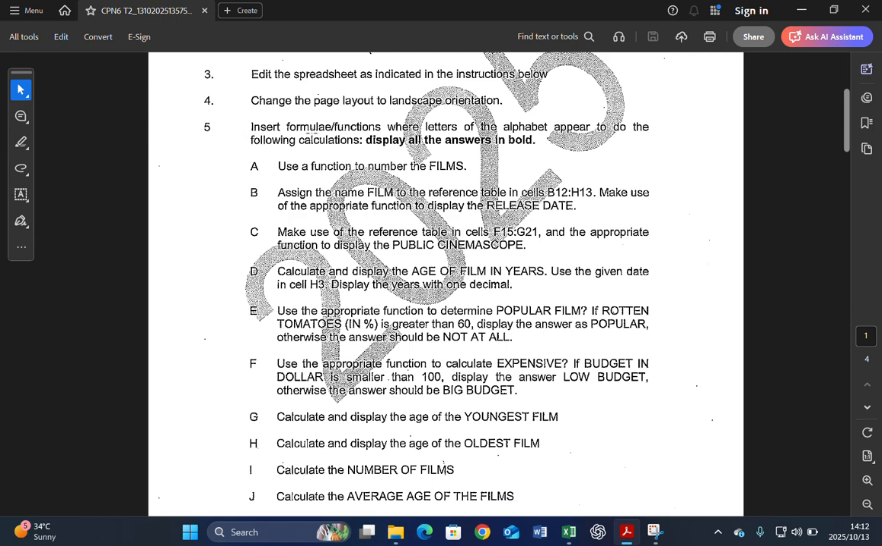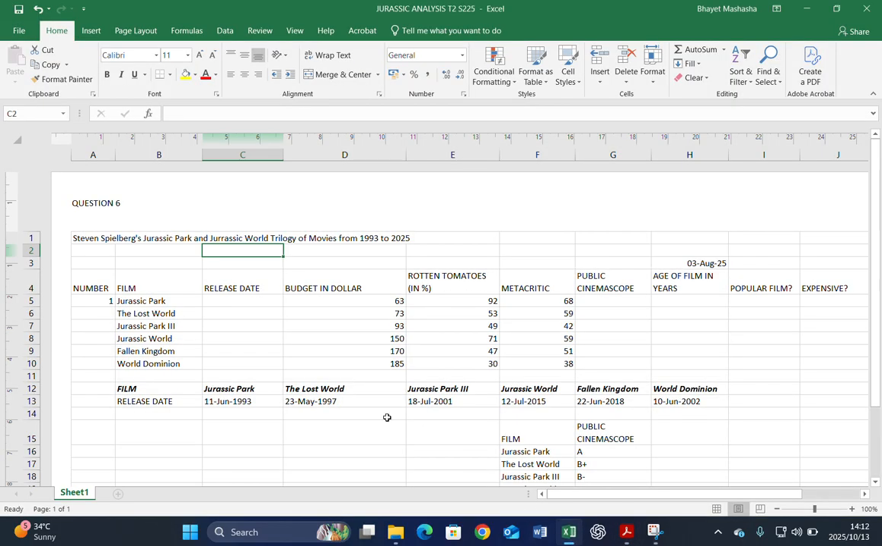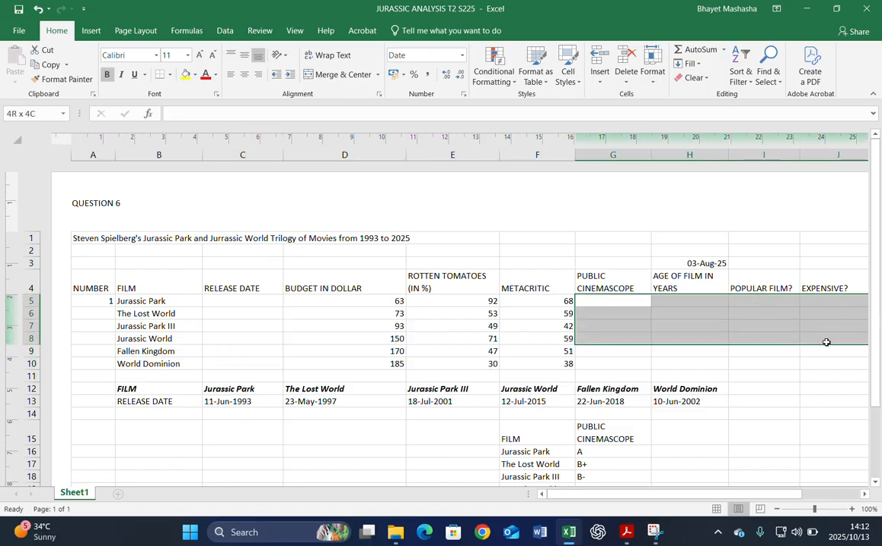they said insert the formulae or functions where letter of the alphabet appear. Do the following calculation. Display all the answers in bold. Yes, so in order for you to not forget, just highlight and make them bold. But now you can't see them because there are no answers, but once we have calculated, you'll see the answers. They will be in bold. Okay,